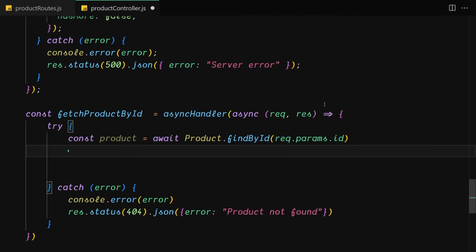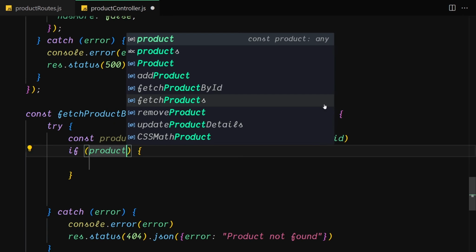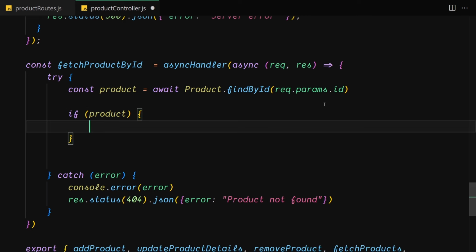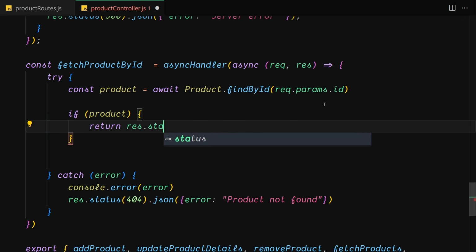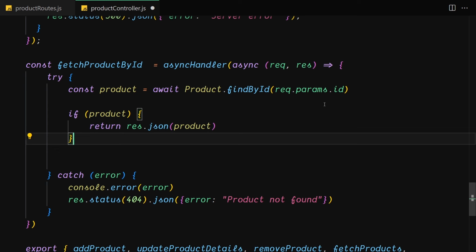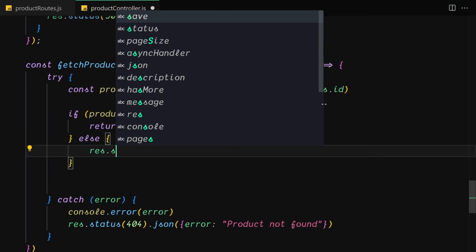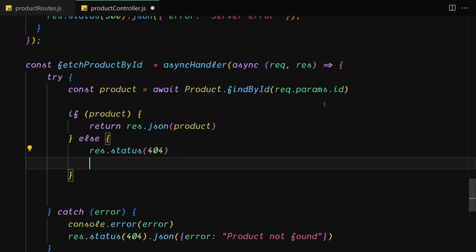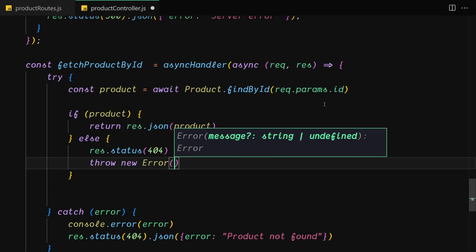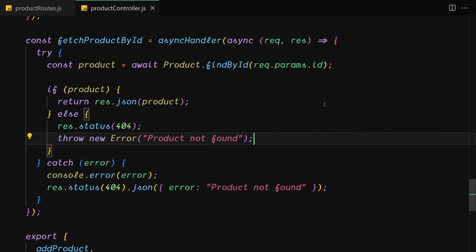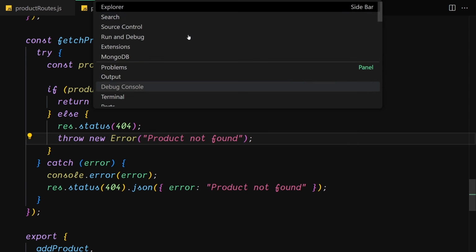Underneath that we are also going to be checking whether we have that product. So what do you want to do if you don't have that product? First of all, if we have the product, we just want to return res.json and product right here. Otherwise we want to throw an error, so I'm going to use res.status of 404 and throw new Error. Okay, and the error will be product not found. There we go. So I'm going to save this file,